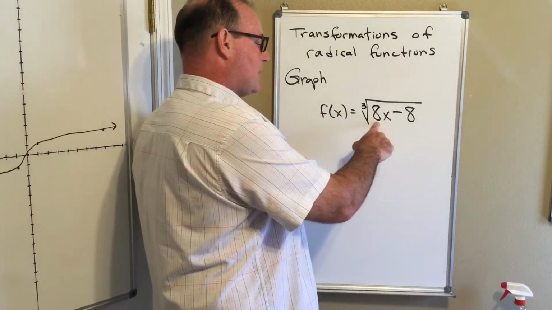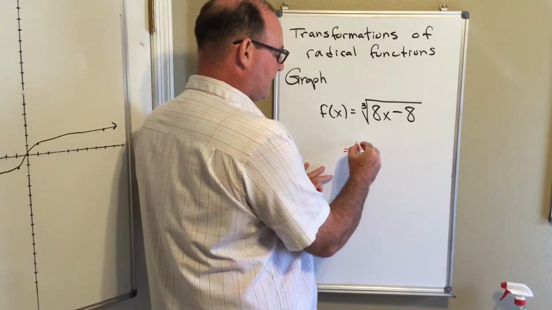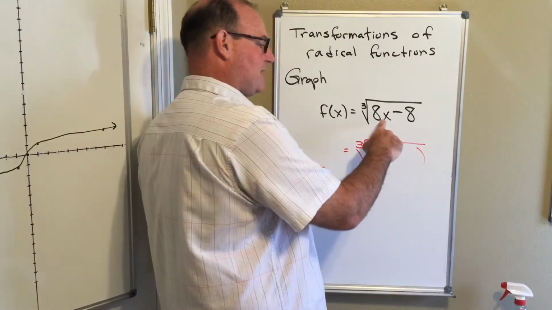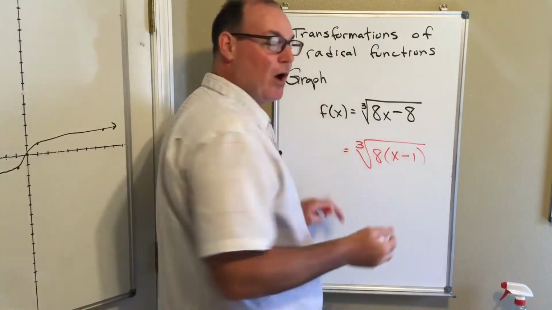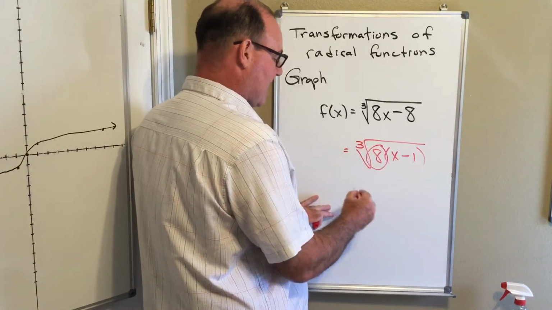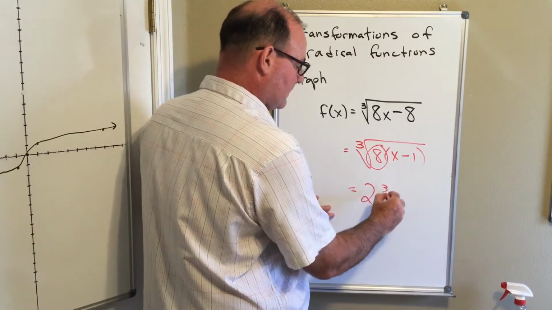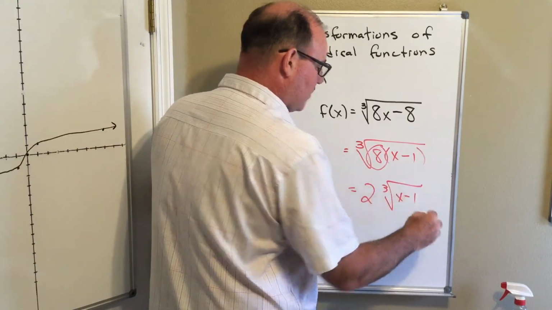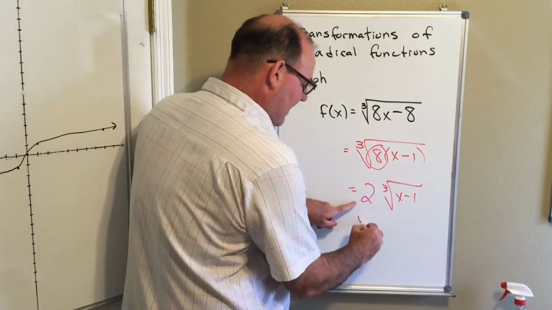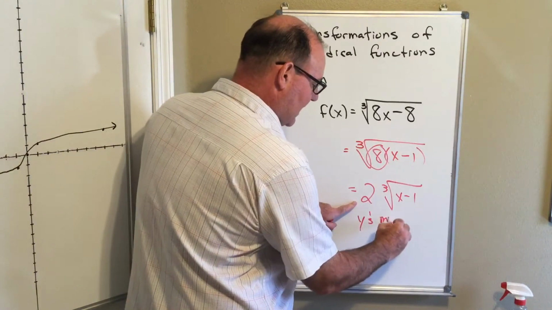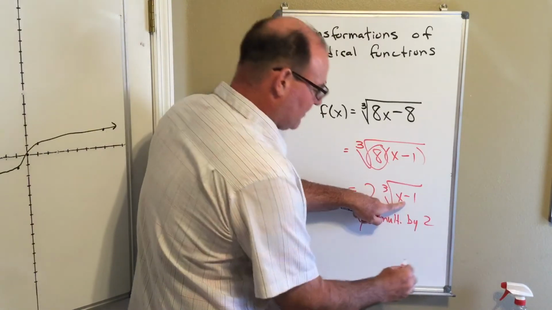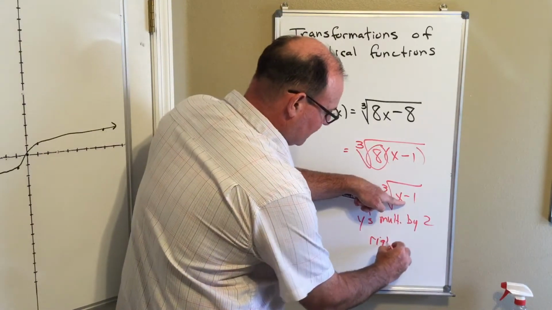First thing I'm going to do is factor out what is in front of the x. So I've got the cube root of 8. And then when I factor out the 8, that leaves me an x minus 1. And then again, the product rule of radicals says when I take the cube root of 8, the cube root of 8 is 2, and cube root of x minus 1. So again, two things are happening to this graph. The y values are being multiplied by 2, and then this is going to move the whole graph right 1